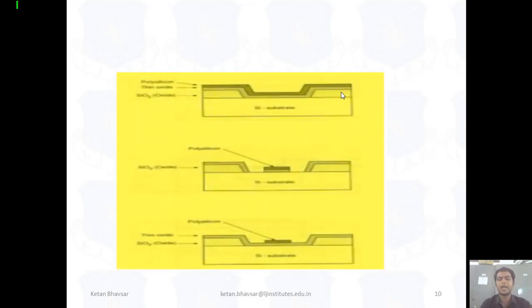So as you can see, it looks like this. We have this Si substrate. After that we apply the SiO2 layer, a thin layer of SiO2, then a polysilicon layer. After removing the particular area by etching, we can see the polysilicon is left only in the center position, and this area is etched by a chemical process, which can be used to select a specific area, or we can say a region. After that we can see it looks like this. Again we apply the thin SiO2 layer.